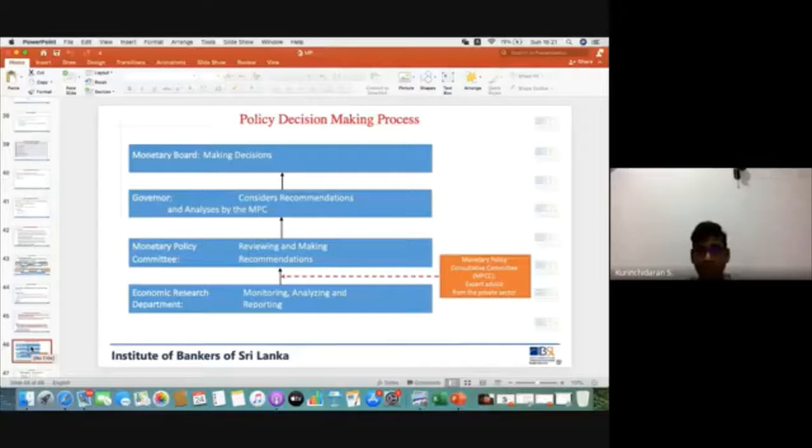And there's a committee called MPCC, that means Monetary Policy Consultative Committee. They get the expert advice from the private sector and include that, and they submit the report to the Monetary Policy Committee, MPC, right? So the Monetary Policy Committee reviews and makes recommendations, then that is submitted to the governor,